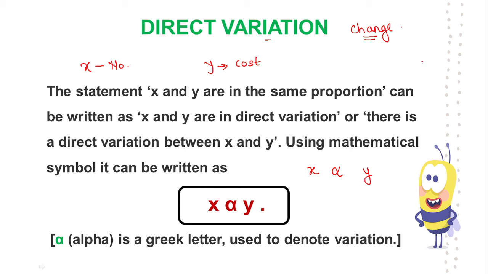Now which sign is this? Usually you see this sign with the red pen in your test when you have written a wrong answer, but this sign is called a proportion sign, or a variation sign. And what is this in Greek letters? It is termed as alpha. How are you going to read this? x is directly proportional to y, or you will read it as x proportional to y. In this way you are going to represent it in equation form.